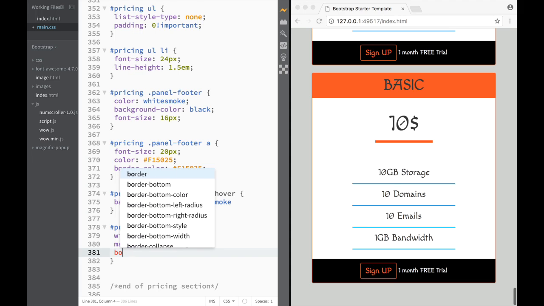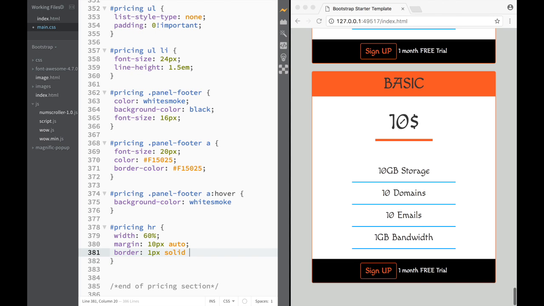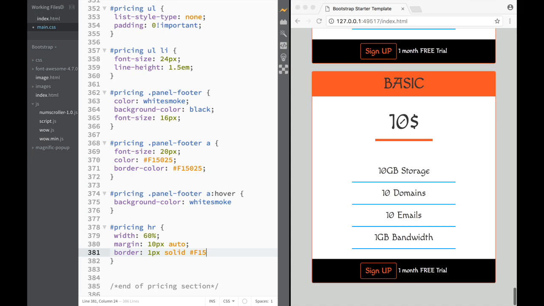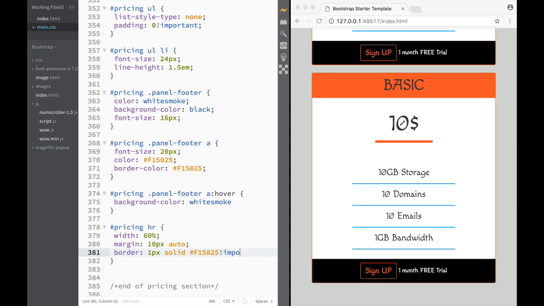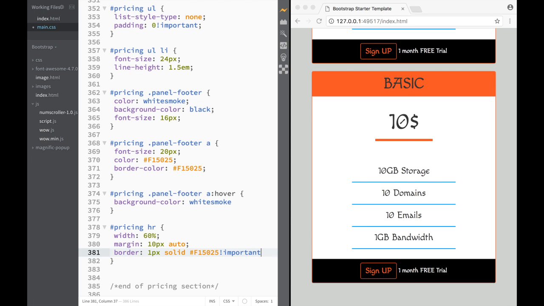And the last thing we want to do is actually create a border. So we're going to say border, 1 pixel solid, and this is going to be, again, this orange color that we're using, like this. And we're just going to add an important, just in case. Again, in some cases, I can tell you honestly right away, this important is not necessary, but it does help to remember how we can do that,